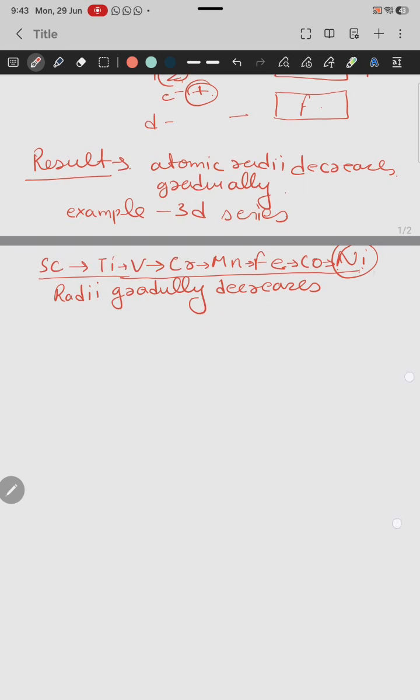This is very clear. And if we are talking about copper and zinc, because these two elements are present at the last in the series, in that case there is a slight increase. Why is there a slight increase? That's why I just took these two elements at the last, so that you can understand it step by step. So what will be the result? The copper